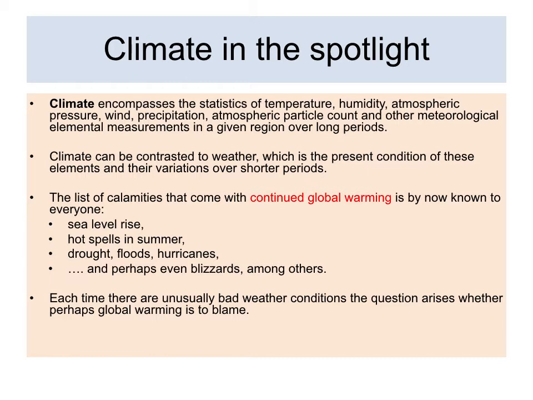But climate change is a change in the particular patterns of weather which are predominantly available at a particular location. If they keep changing, then there is a major concern. So global warming is one of the major climate changes. So what does it lead to? Sea level rise, hot spells in the summer, droughts, floods and hurricanes, forest fires and blizzards, among others. You can see that these days a lot of these activities are taking place more frequently than ever before.